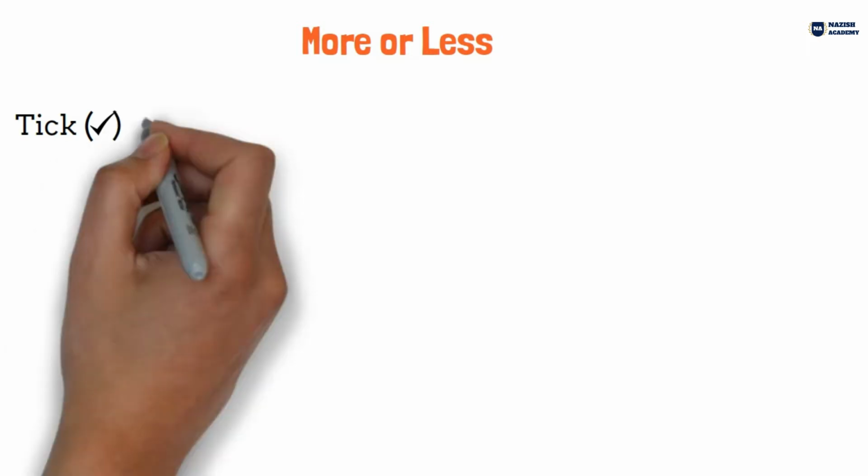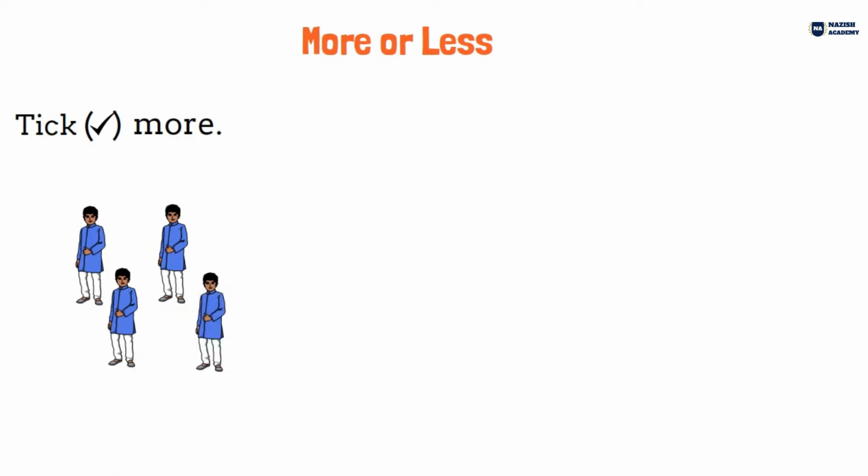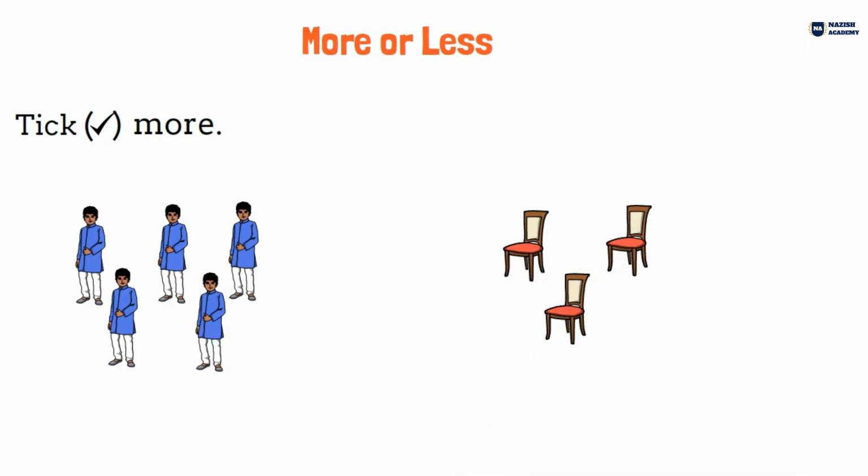More or less. More means ज़्यादा. Less means कम. Take more. We have to take these objects, which is more. One boy, and 3 boys, 4 boys, and there are chairs, 2, 3 chairs, 4 chairs. Then which is